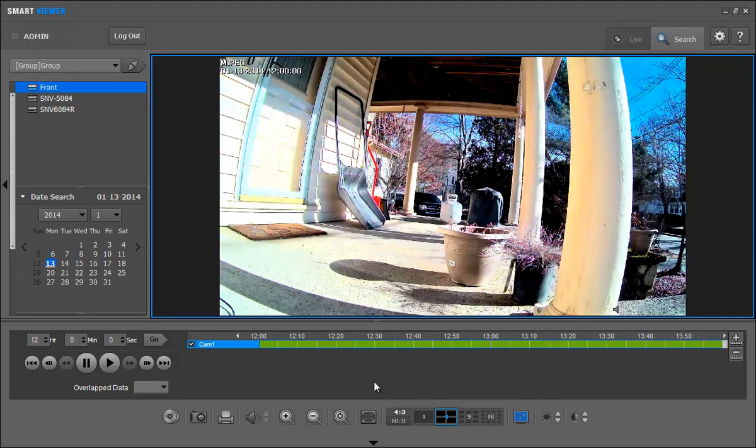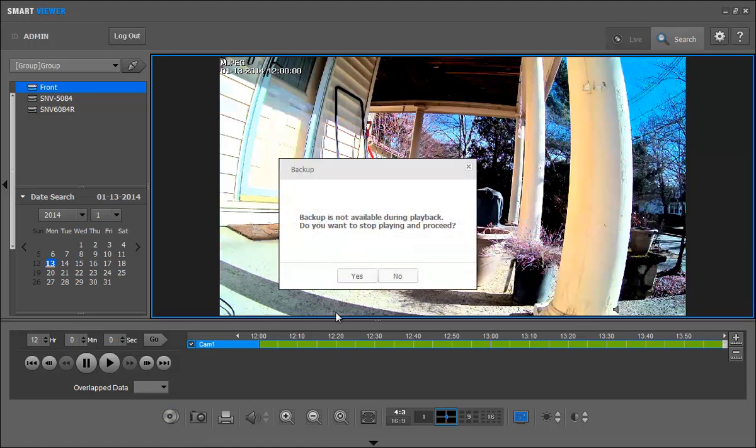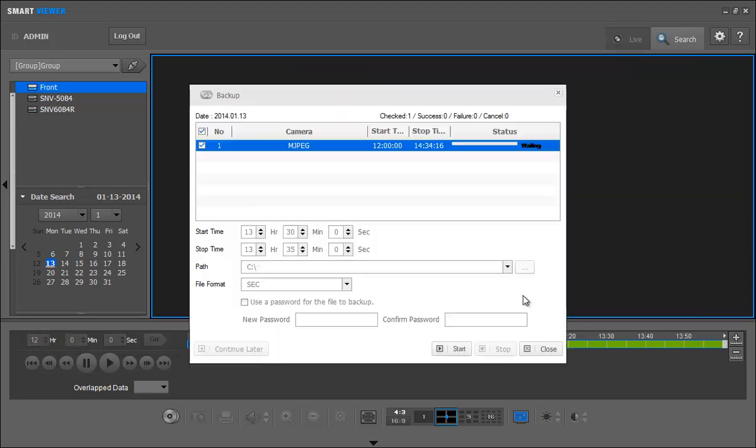Once you've found the video you want, if you need to make a backup of that video, if you want to export it, download it to the PC, there's the backup button here, the 2 discs, and it tells you you have to stop the playback to go into that mode. Tell it yes. And we can put in our start time and end time, our location it's saved to. We checked our camera here, and then we can hit start,